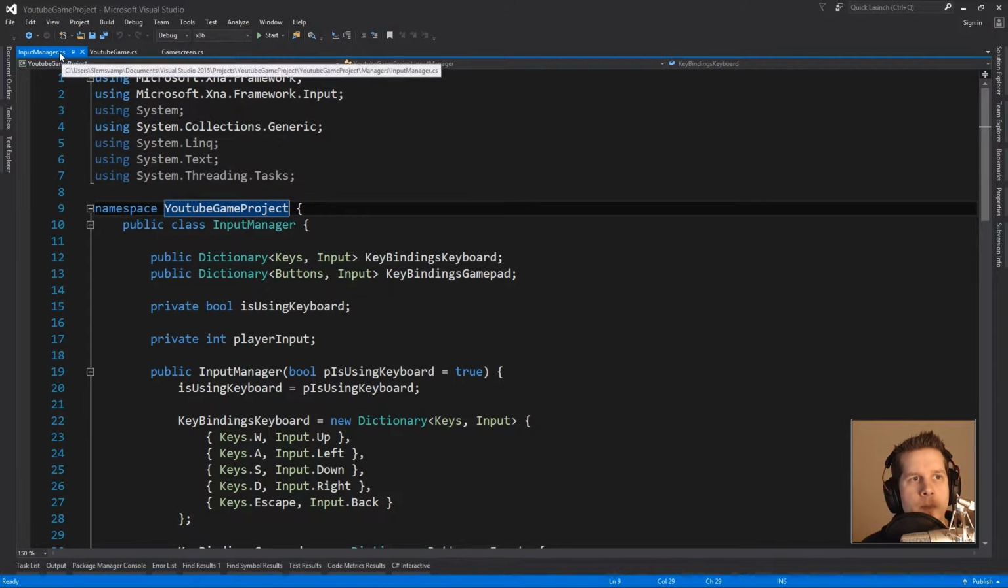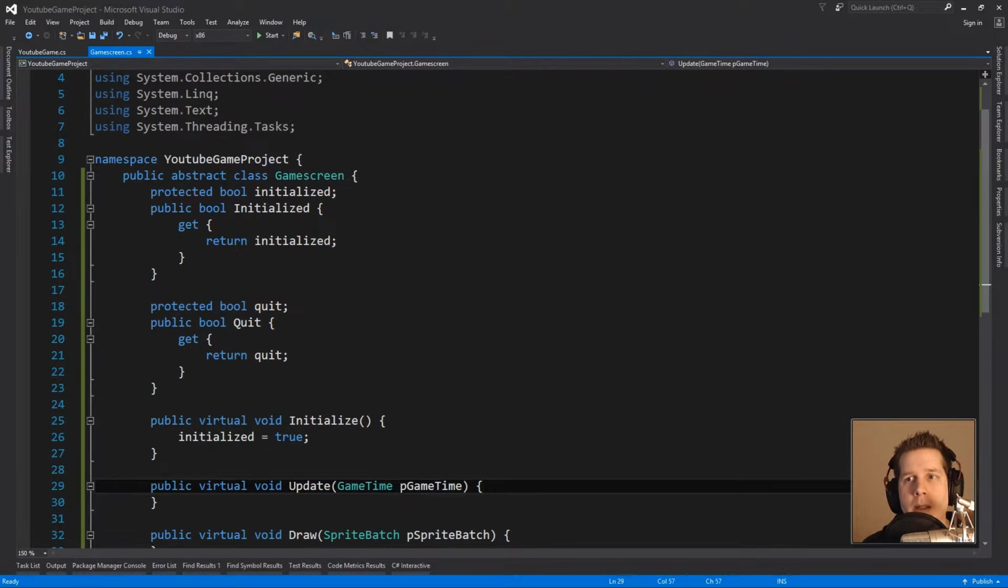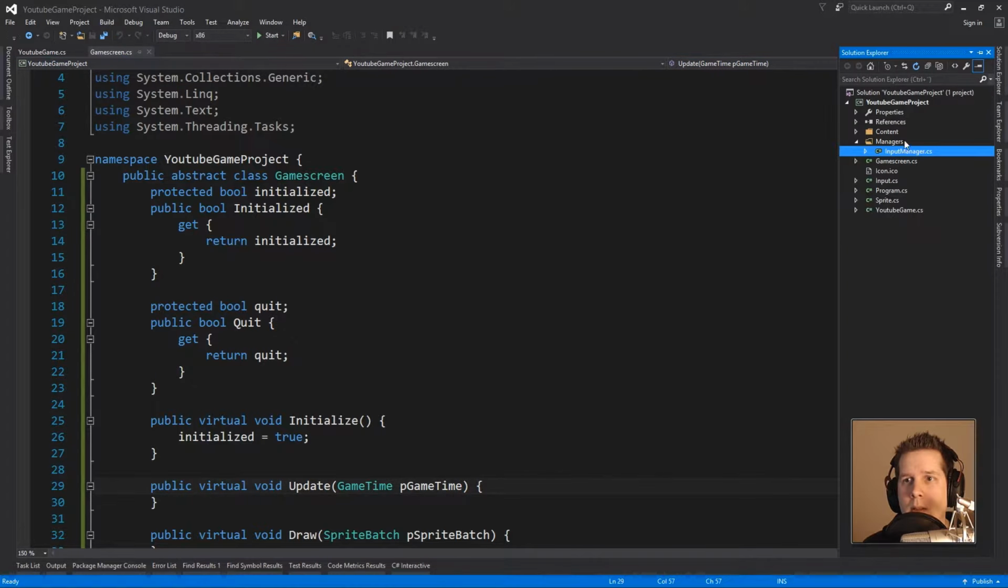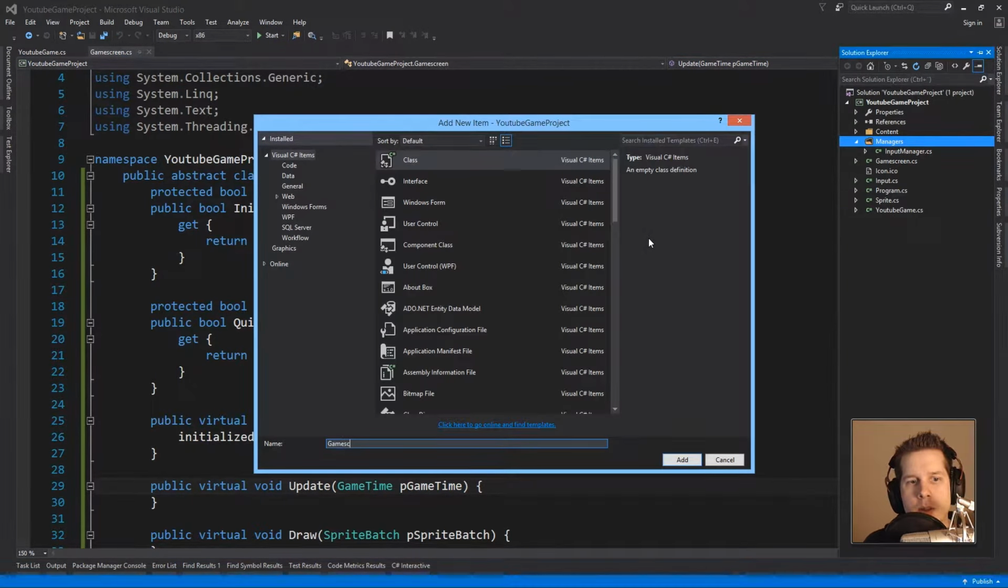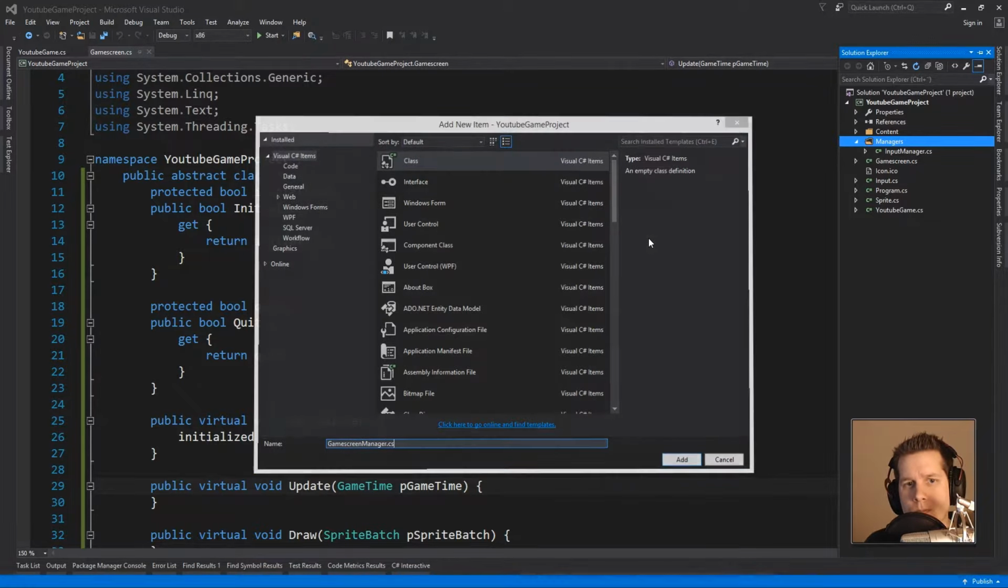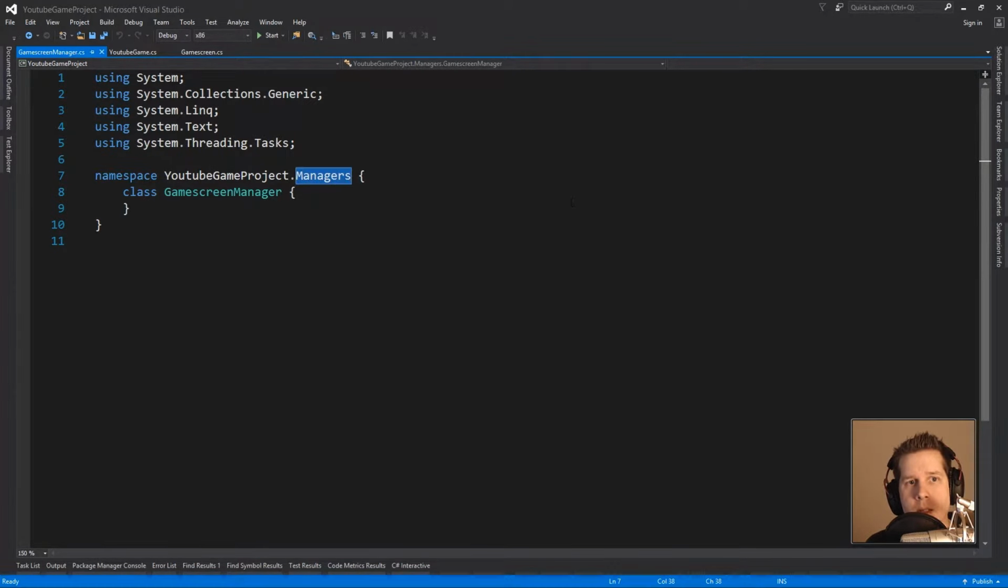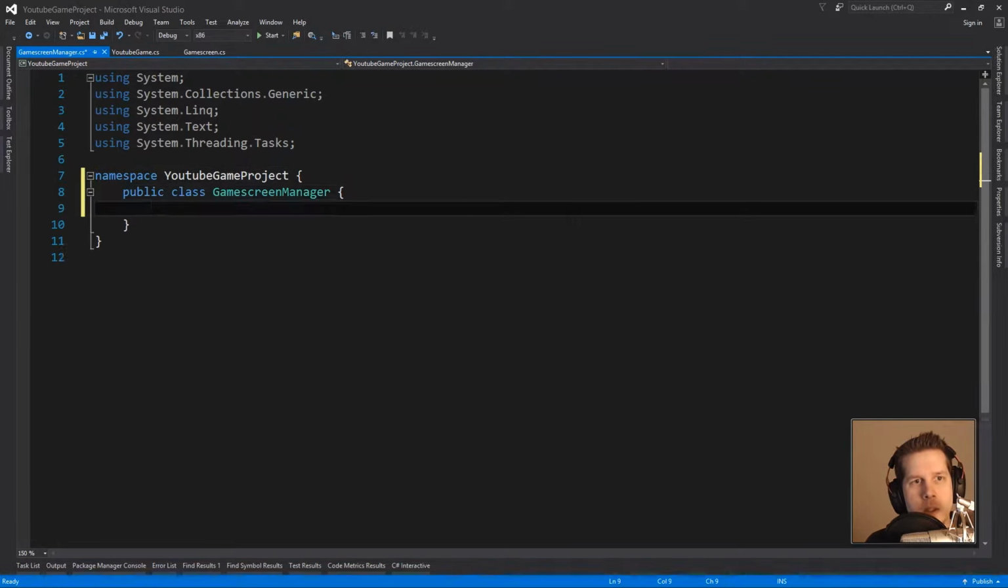So we're going to be careful about that even now when we create a game screen, because if we create it here, add, and we call it game screen manager, it will automatically put it in the namespace YouTube game project managers. So I'll erase that, and let's do this. Now for the game screen manager, I want to have a private stack of game screens, and we'll call them